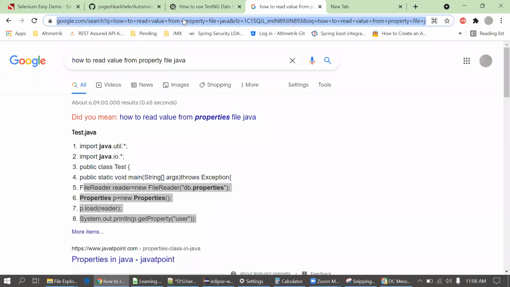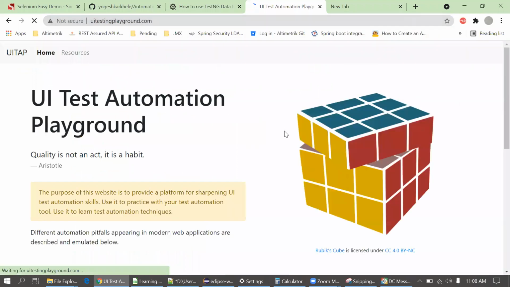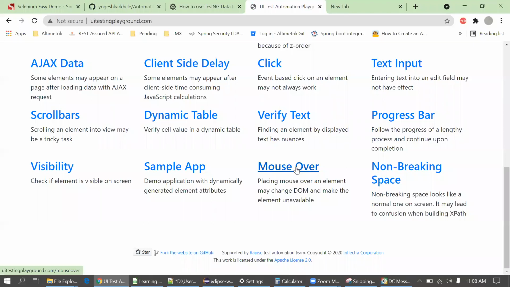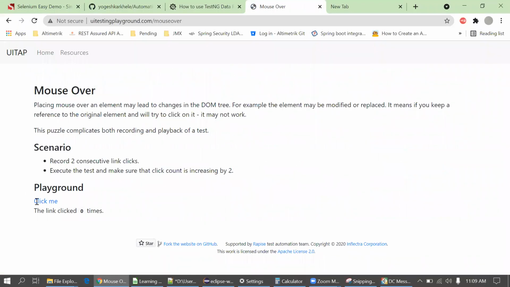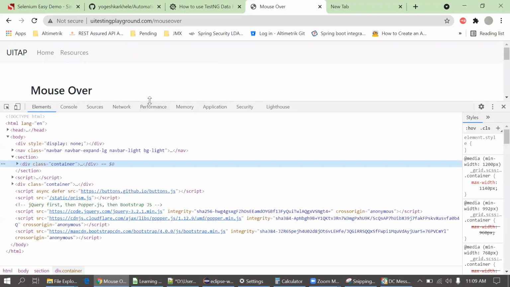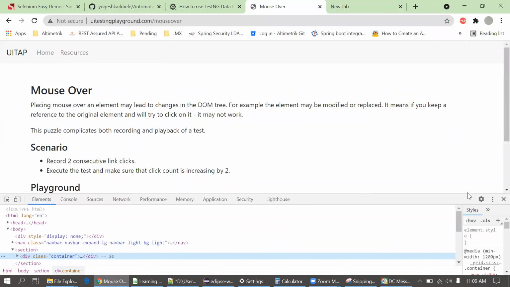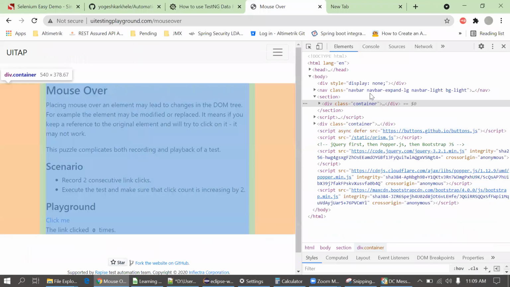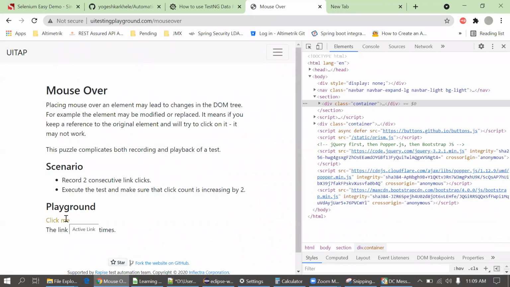This is the website. Mouse over. Where is that mouse over? Yes, you're talking about this part, right? This mouse over, right? Even we can perform the mouse actions, like the mouse will automatically move from the particular element to another element. Yeah, here we can use the moveToElement Actions class. Yes, that we can use here.